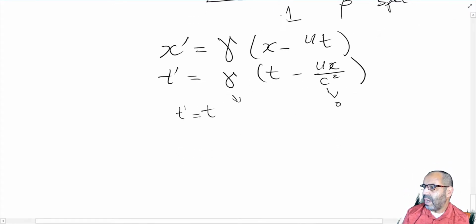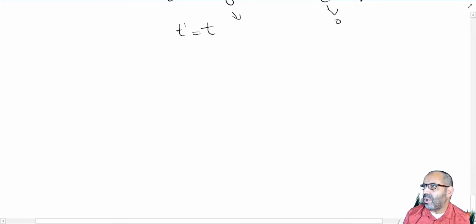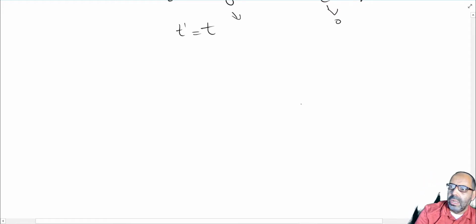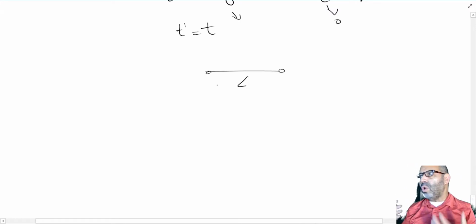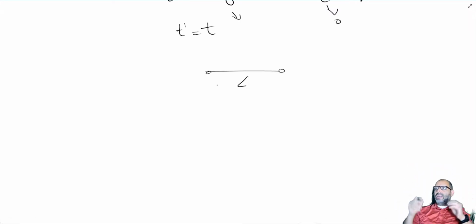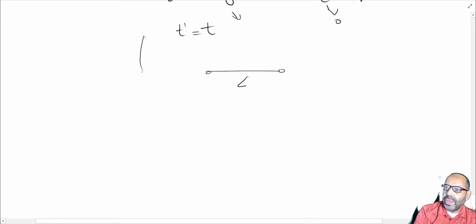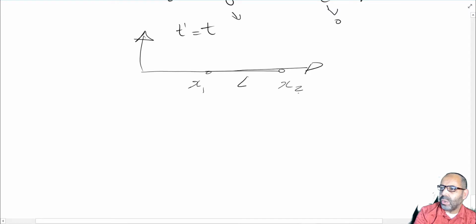Now, as I said before, I have an object in one frame and I want to measure its length in another frame. So this is the idea behind it. Let's assume that I have an object of a given length L and I want to measure its length. Normally we measure length by doing the following: in one frame, it doesn't matter which frame at this point, you measure one side's coordinate, let's call it x1, and the other side's coordinate, let's call it x2, from some origin. And the length will be simply the difference between these two coordinates, x1 and x2, the two ends